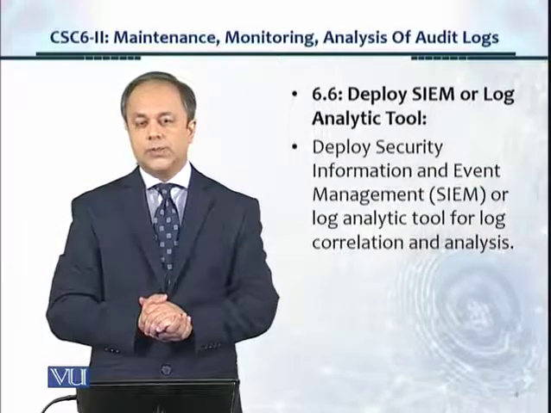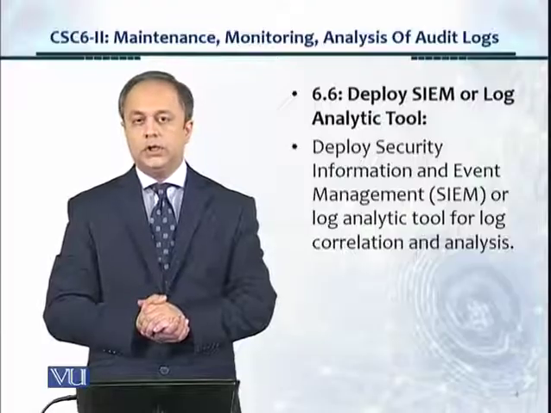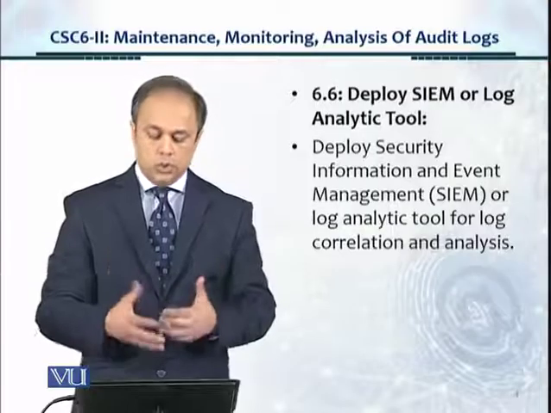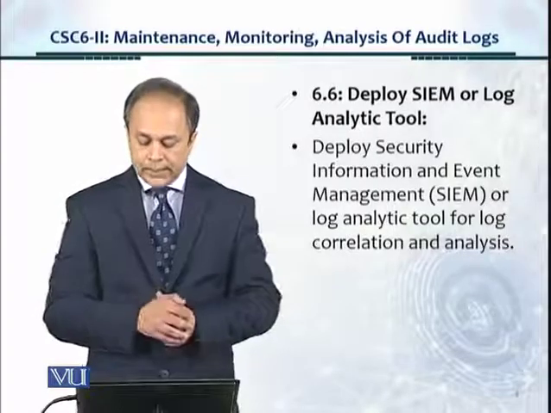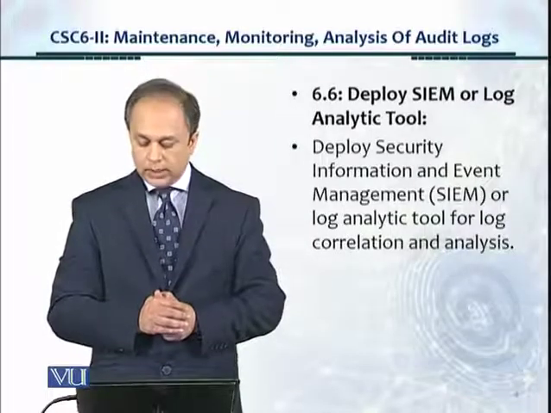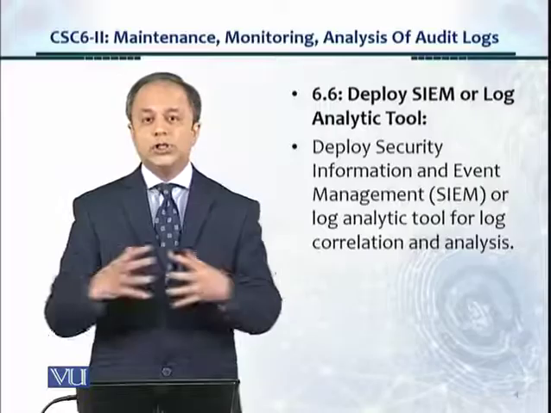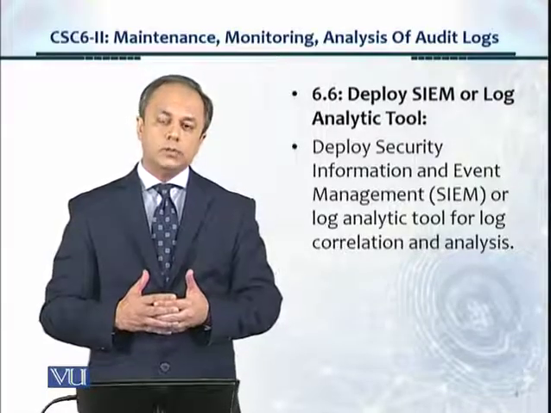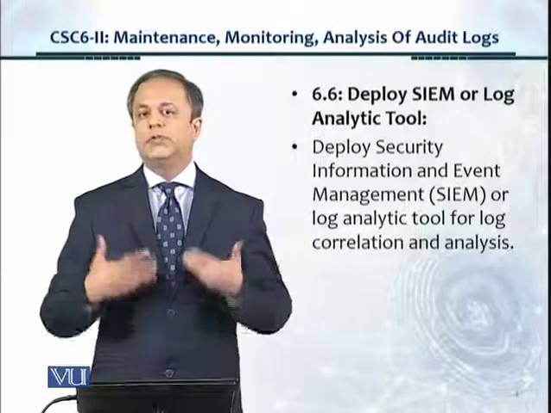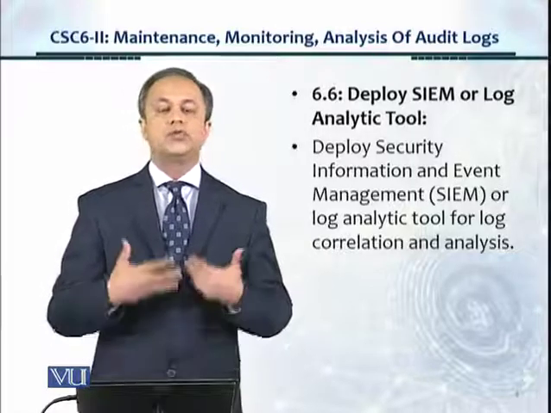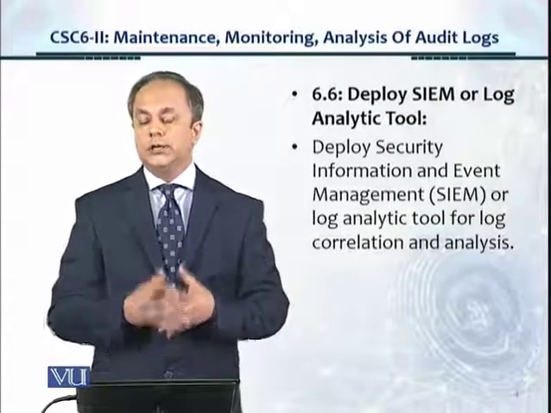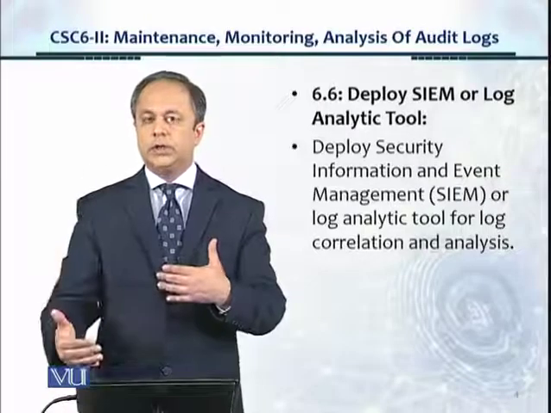So control 6.6 tells us deploy security information and event management, or SIEM, or log analysis tool, or an analytical tool. And here the control tells us deploy security information and event management or log analytic tool for log correlation and analysis. Now, in security, what we actually have to do is if there is an incident, or if there has been a fraud, or if there has been a disruption in the network, or if there's been abuse or misuse in the network, and we want to go back and look at the audit trail and the logs